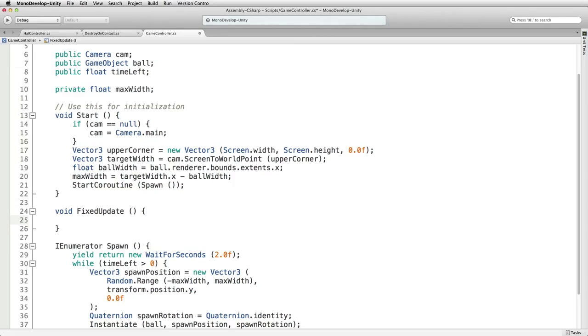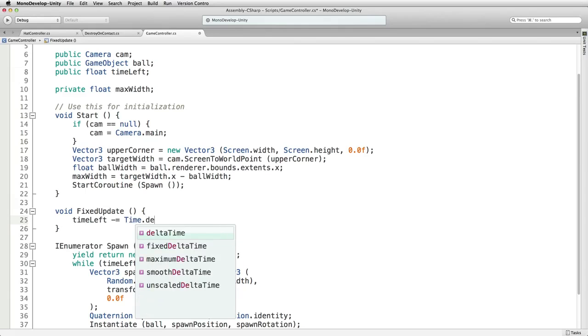So here, if we put it in fixed update, we have regular updating of the decrement. It isn't too taxing on our system. Not that this game is going to be taxing at all, it's so small on pretty much any system. But it's a good place to put something that doesn't need to be updated every frame, and we don't really want to write our own coroutine for it. And so what we want to put in fixed update is simply time left minus equals